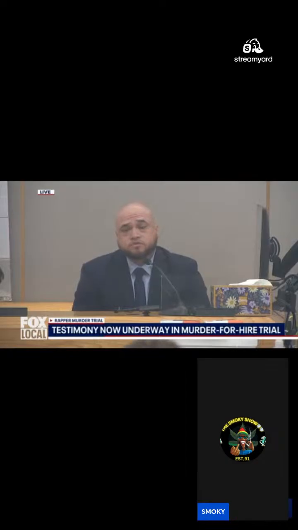Could you tell roughly how fast it was going when you were trying to catch up to that car? The first time that I saw it, I couldn't. I just noticed it was traveling at a high rate of speed. Once I got behind it, my front radar indicated he was going 110 miles an hour. What is the speed limit at that stretch of the highway? It's 75 miles an hour. At that point, did you initiate a traffic stop? Yes, ma'am.